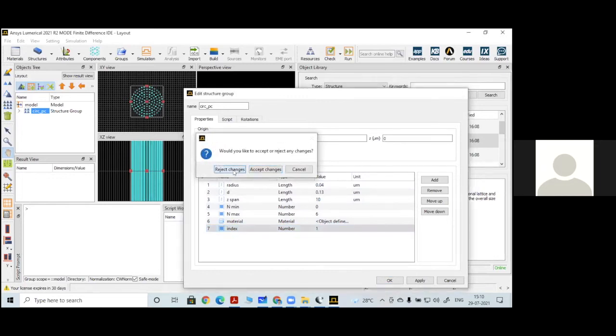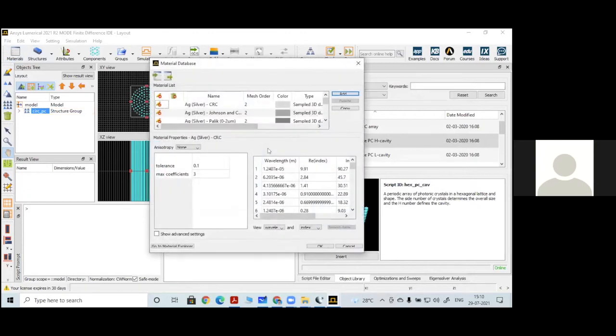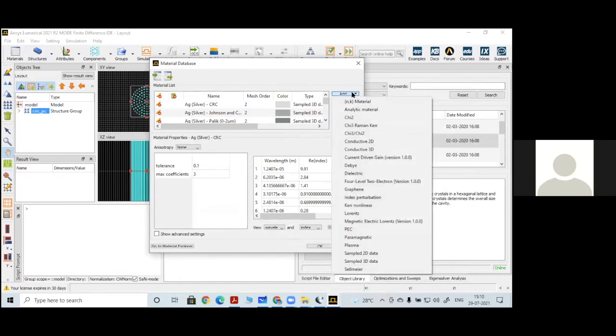Say I want to define a new material with a refractive index that is purely real. Suppose I want to add the etching material as air. There is an option here called add material, but you should know the actual values as per the industry standard. Then only can we go for this particular method. So this is purely an optical material which has the least value of refractive index, that is 1. That is the least refractive index value, a purely dielectric medium.